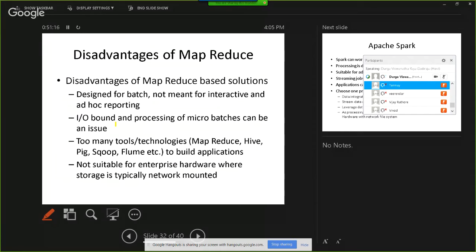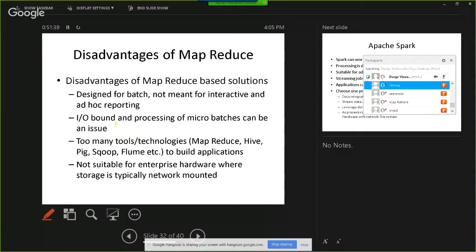So the disadvantages of MapReduce: it is primarily designed for batch, not meant for interactive and ad hoc reporting. You have Hive, and Hive has something called Hive server. Using that Hive server, you can connect tools like Tableau and generate reports out of the Hive database. But the performance will be very, very poor, because the Hive query uses MapReduce.